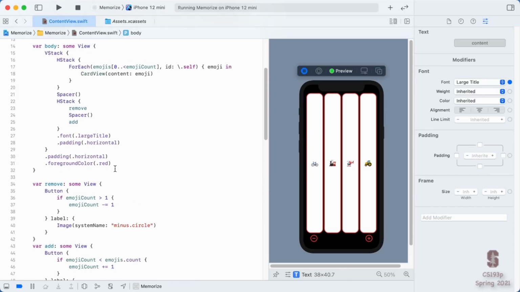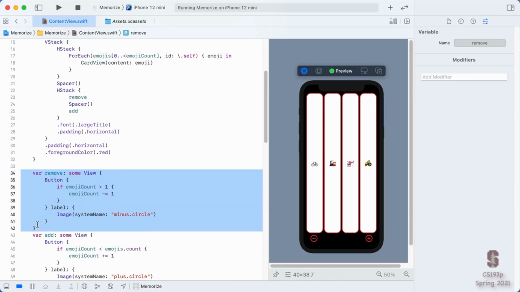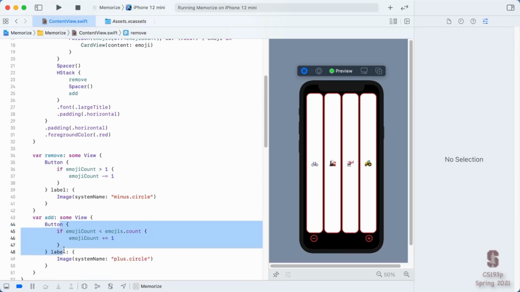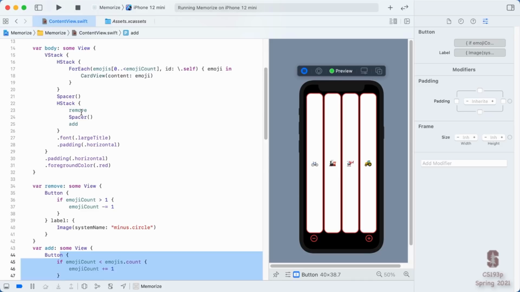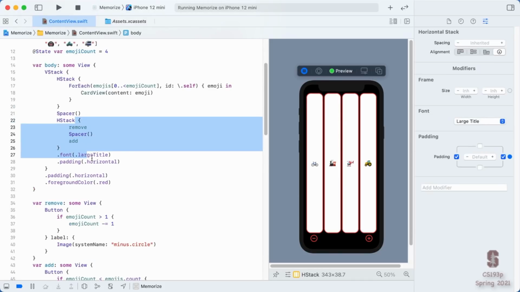And finally, we learned that we could also factor out some code just by creating our own little vars, that this body var up here was not the only view that we could create. We could create our own some views, for example, to add a button and put that inside with just referring to the var. And this cleaned up our code quite a bit.